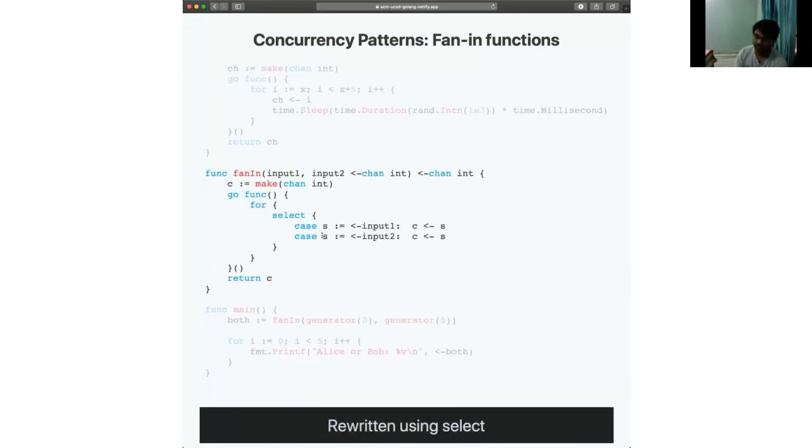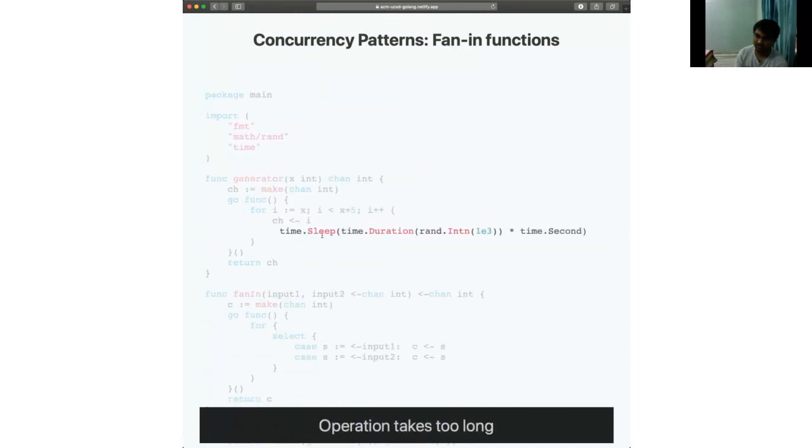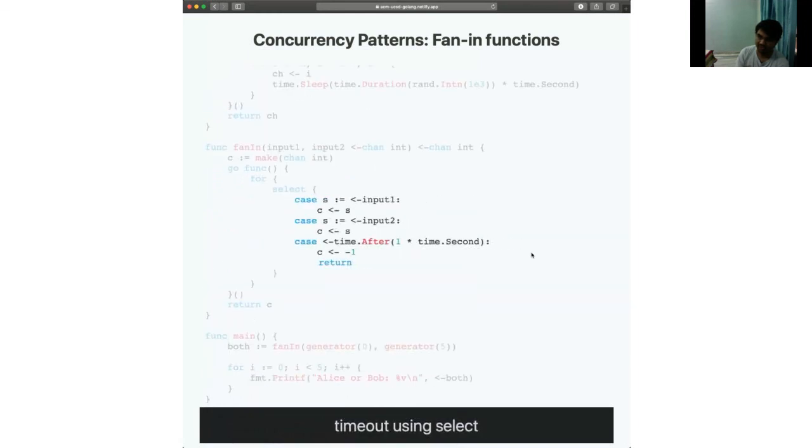Select also provides an interesting pattern in Go. Let's say our generator function is for some reason really bad, and it sleeps a lot, in the sense that it can sleep for up to 1,000 seconds, right? We don't have time to wait 1,000 seconds for our 2 generators, so we can actually have a timeout for our select statement. The way to write a timeout in Go is that the Go standard library provides time.After, which is a channel.